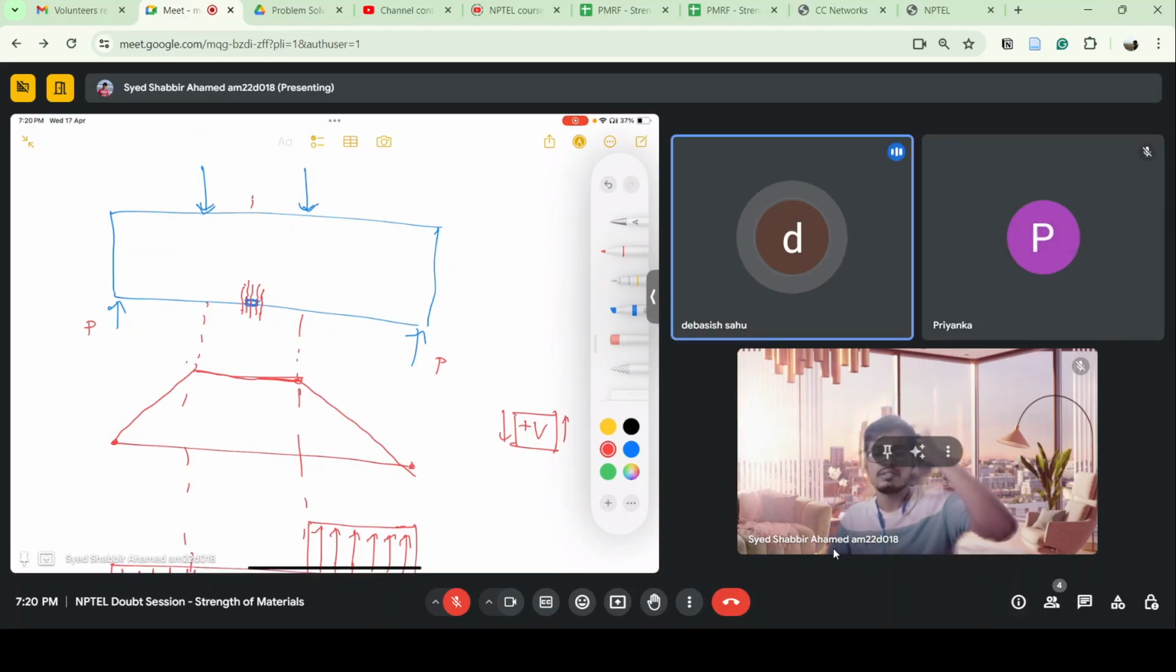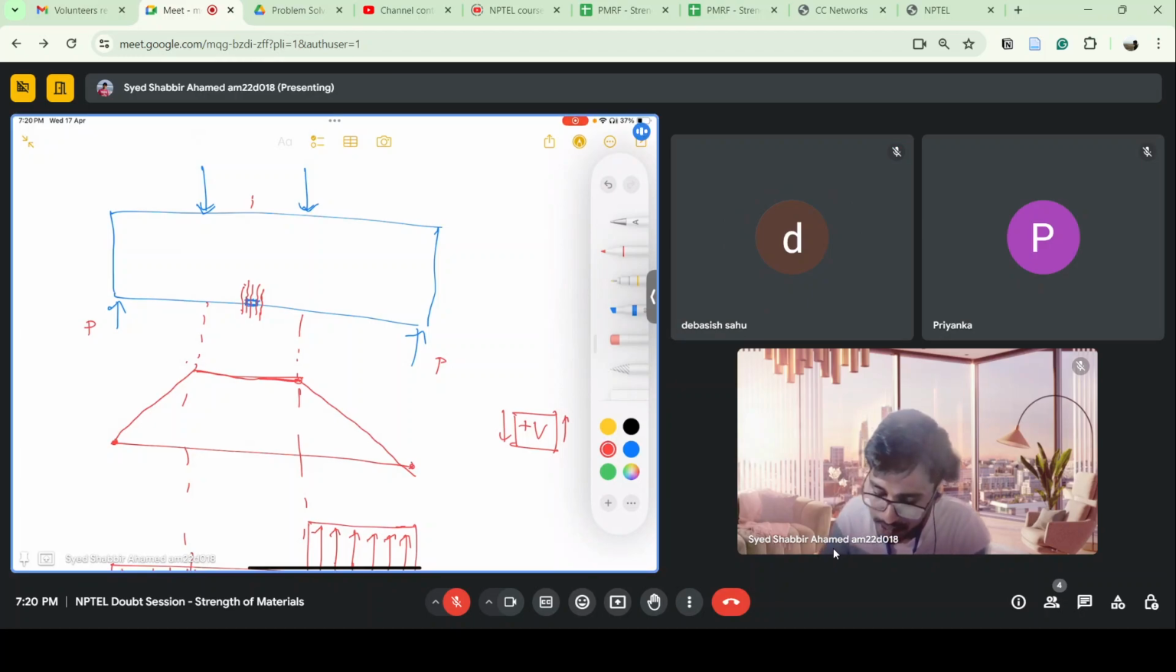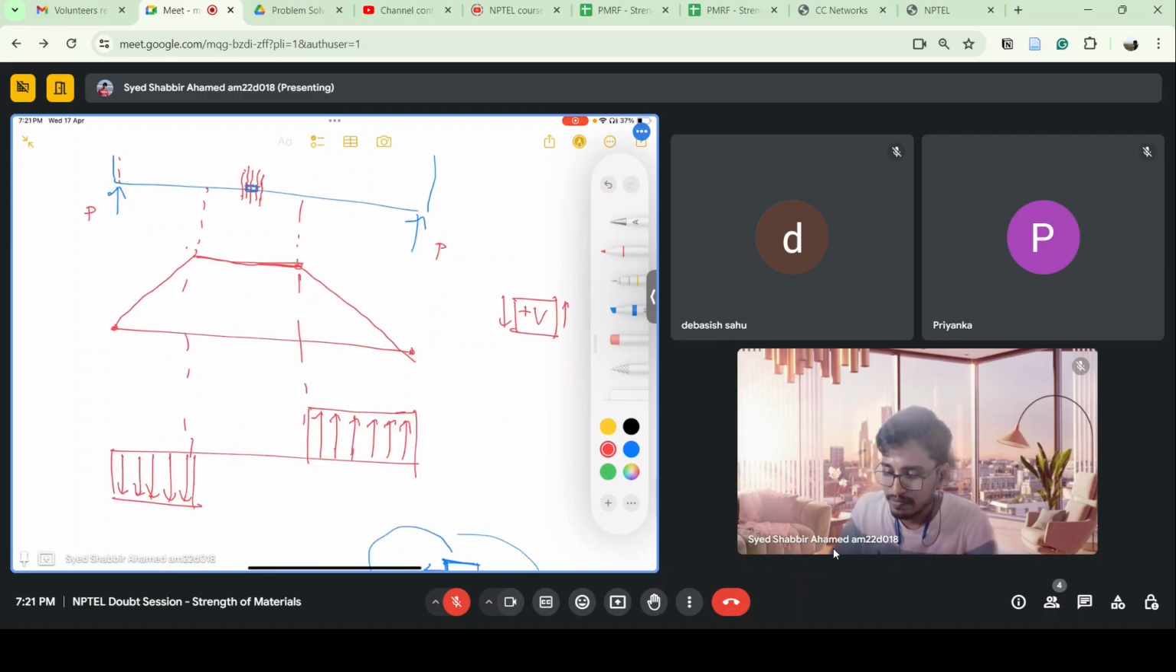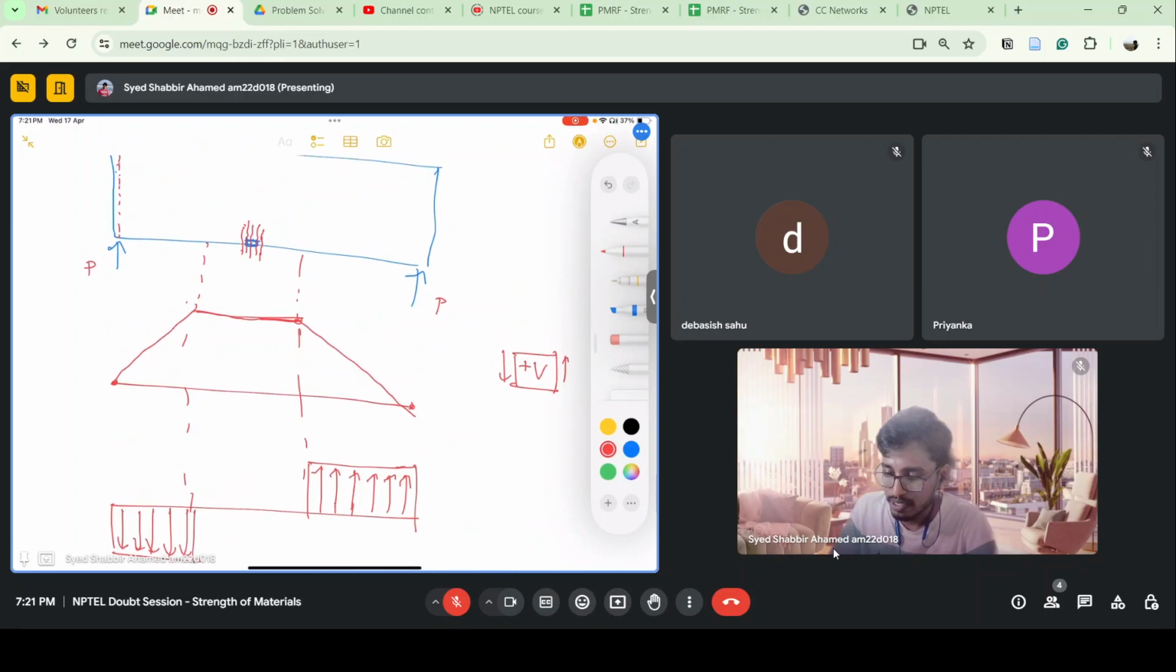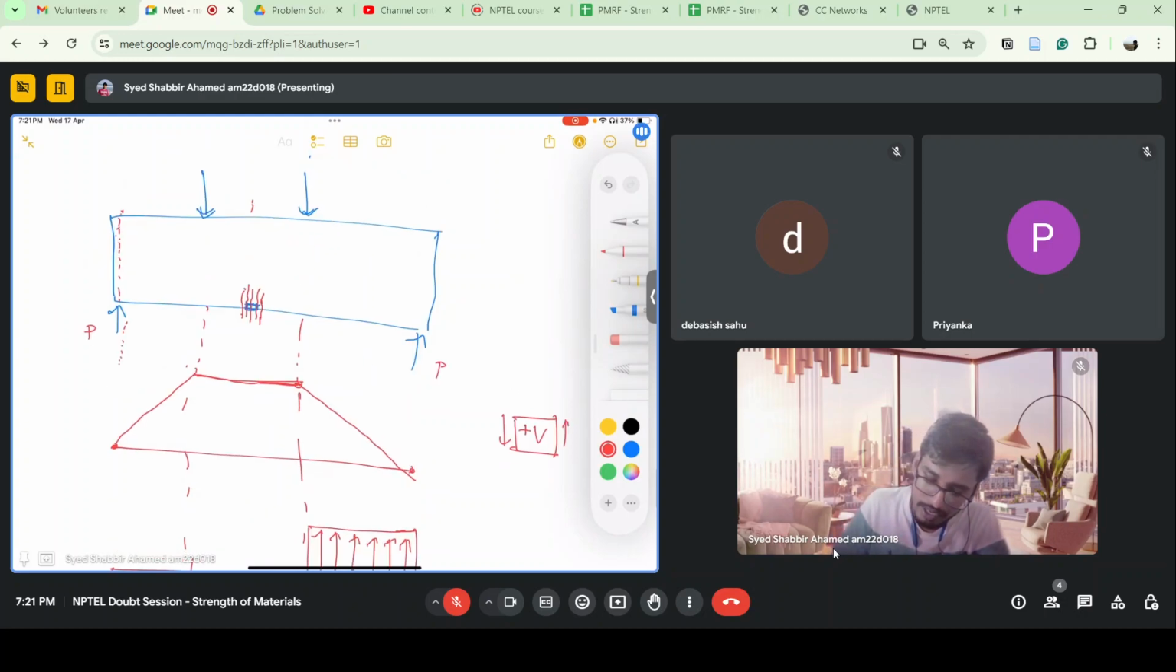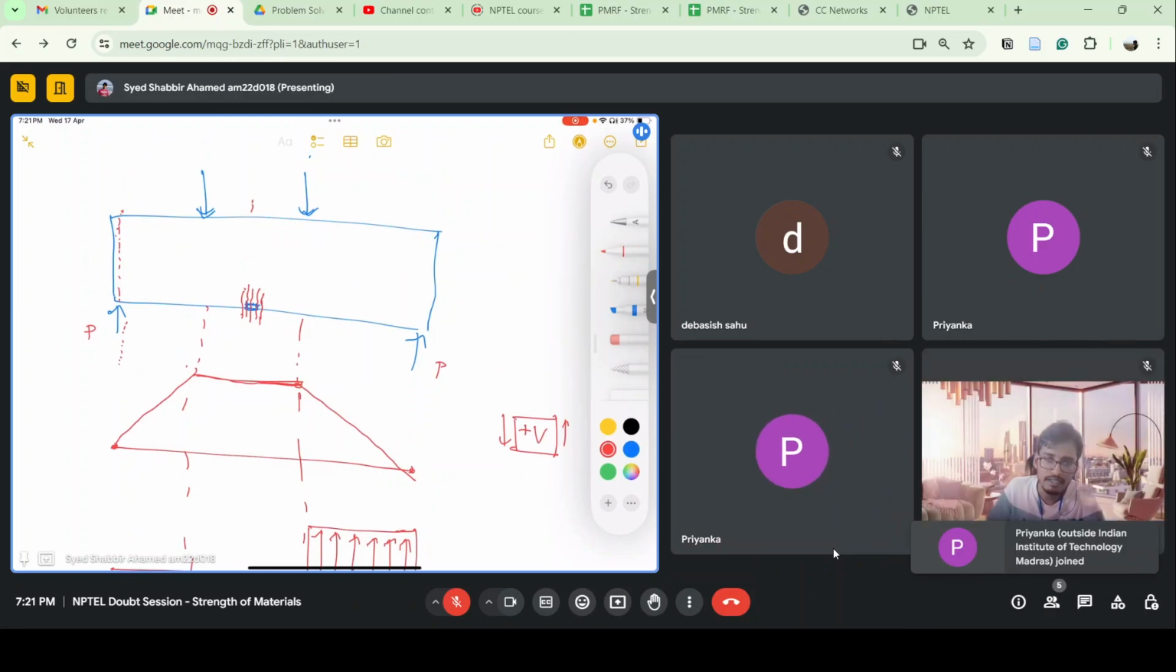So the cracks will be like this. But let's say I go to this point, which is near the support, not exactly at the support, just near to the support. So what is happening here? Also remember that if I take an element here,